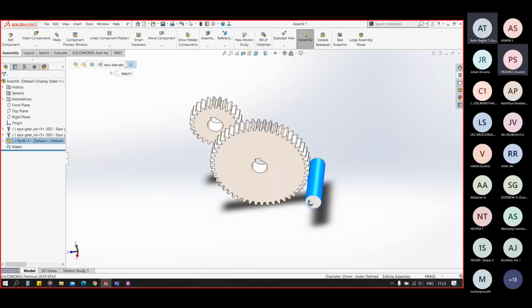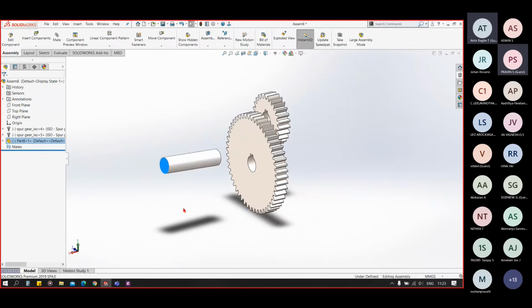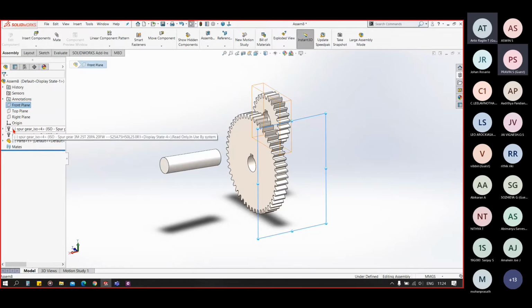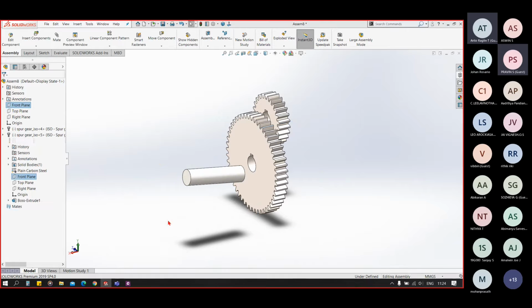So now let's fix this shaft. To fix this shaft, you can select the front plane in the assembly and in the shaft and coincide it.